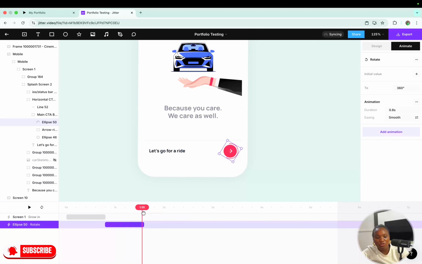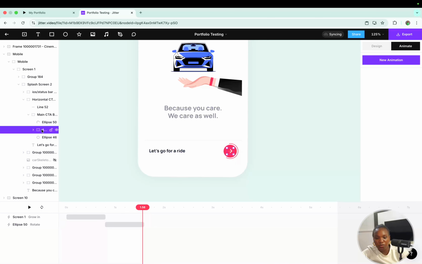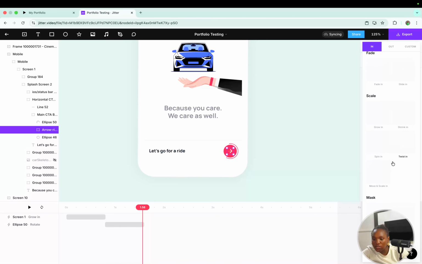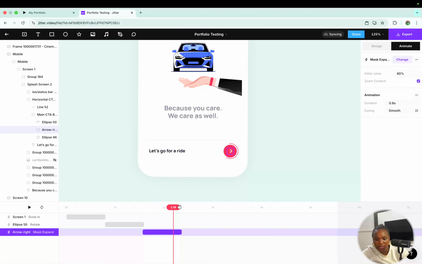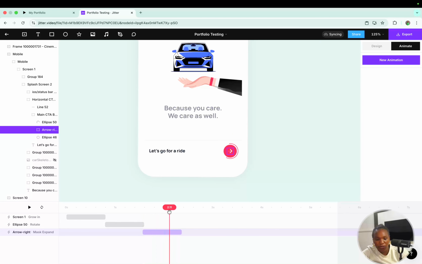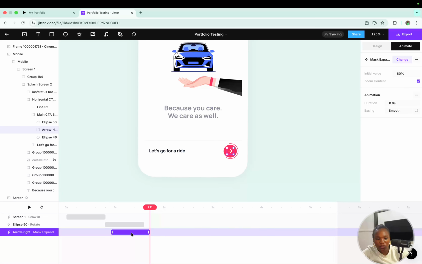Okay, so while it's also rotating, I want this arrow inside the circle to beep, like it's rotating and the arrow inside of it is also beeping. So I'll click on the arrow and go to new animation. The arrow is not really showing here because it's white, but I will check carefully to see if there is a kind of, let's see, this max expand. Okay, yes, it's beeping, but then I want the beeping to happen at the same time when the semicircle is also rotating. So I'll shift the timeline under the semicircle,